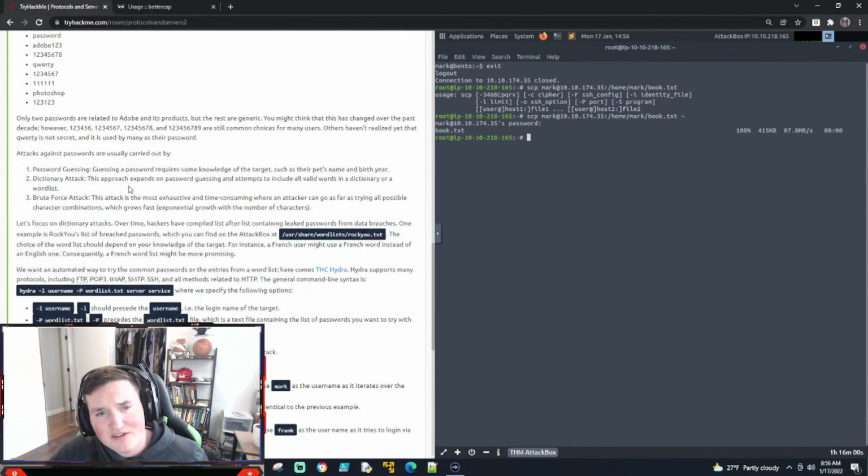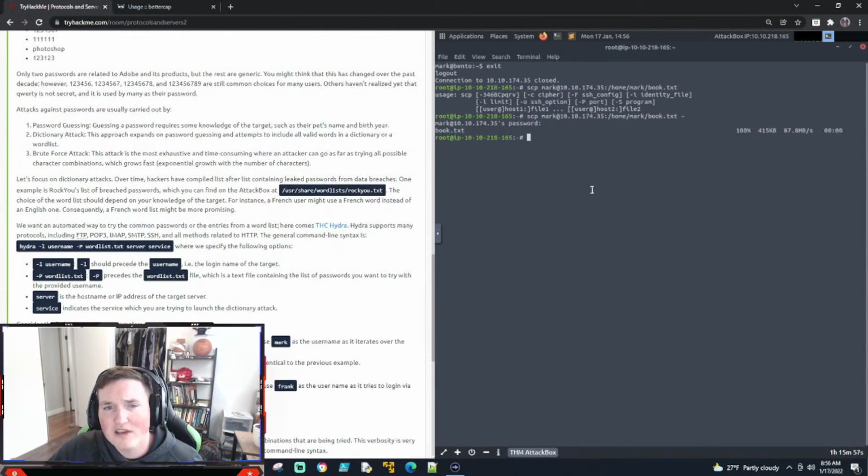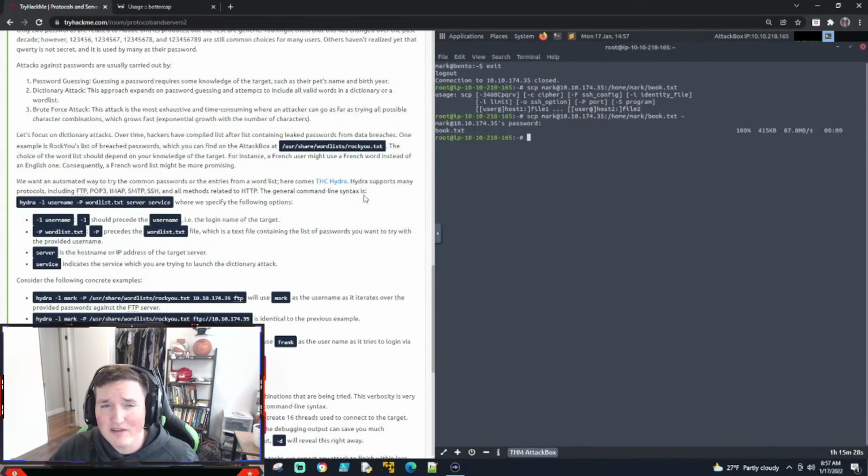So what they're telling you here is there's, on the attack box and on all Kali Linux boxes, including Parrot OS, which isn't a Kali box, but I'm saying it comes on Parrot as well, and some other boxes, this rockyou.txt, hopefully you've heard of it. If you've been a hacker for a while, you definitely have. What it is is just breached passwords or leaked passwords, however you want to say it. It's a list of them. I couldn't even tell you how long it is, but it's a lot, and I mean a lot. I don't want to say in the millions because I don't know. I've never actually gone through and looked at how big it is, but it's definitely in the hundreds of thousands of passwords, I would say.